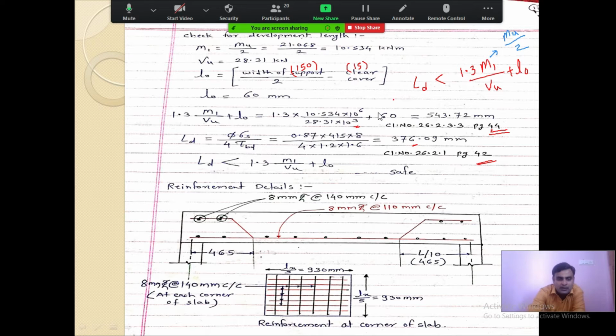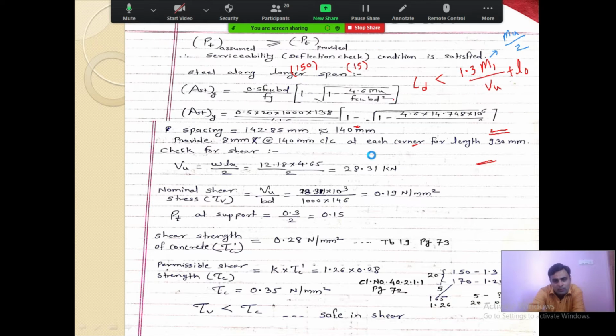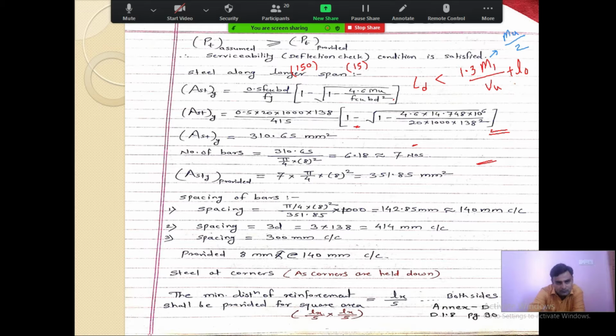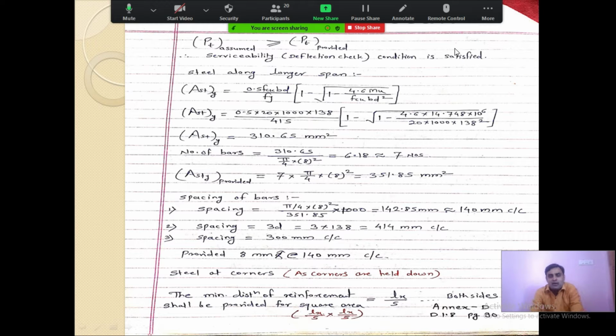Because the percentage of steel assumed and percentage of steel provided are the same. If the percentage of steel assumed is greater than or equal to the percentage of steel provided, then the serviceability criterion, that is the deflection check condition, is satisfied. So this is already satisfied, and that is why we have not taken it again.